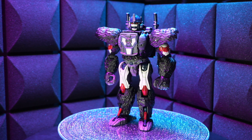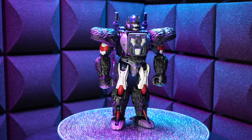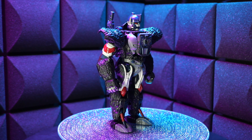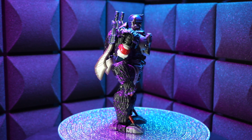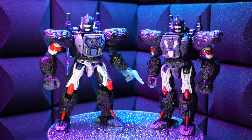And now for Kingdom version 2, we have this one. This might have come out first, but I don't know. I think it doesn't really matter at the end of the day. He's very stiff. Holy shit. I like this one, but I don't like it more than the other one that has the pistol. Something about the chest on the other one is much nicer. I know this one has more paint apps, but